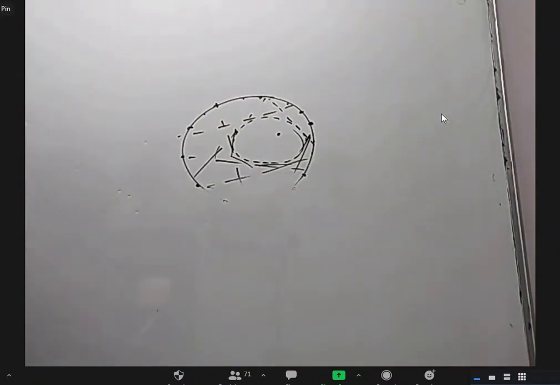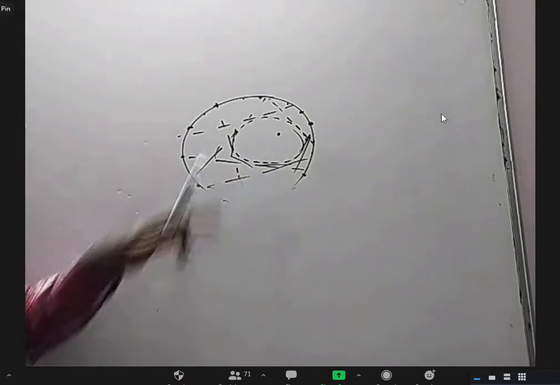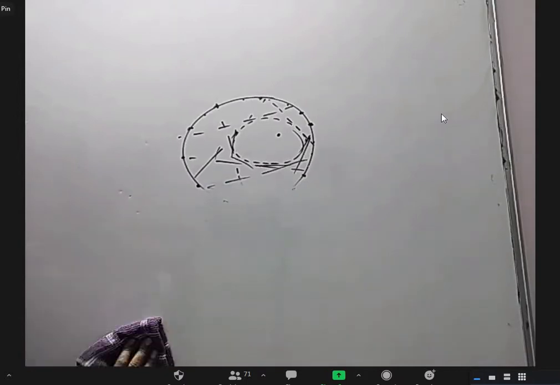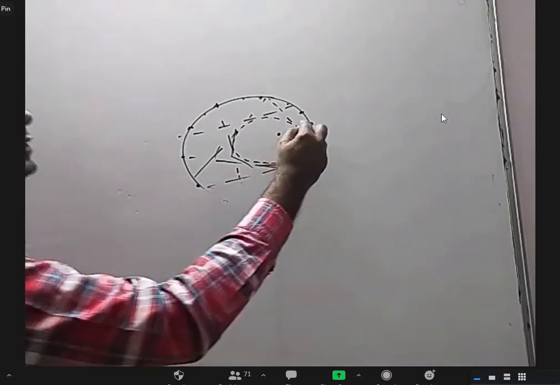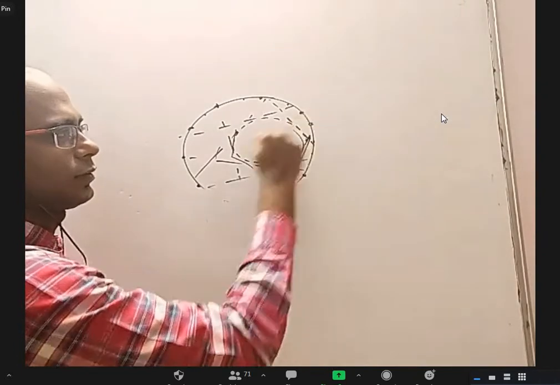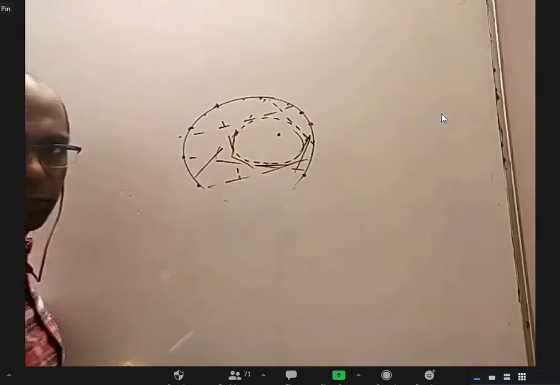I was reading some old book, more than 150 years old, and in that book they mentioned this method of constructing an ellipse by paper folding. That's the topic. Sir, how do you fold that paper? You have to fold the paper such that every time some point on the perimeter will come here. Different points on the perimeter should come here.